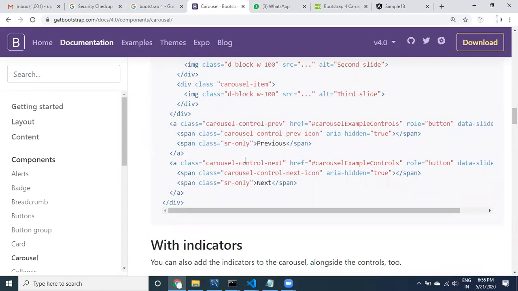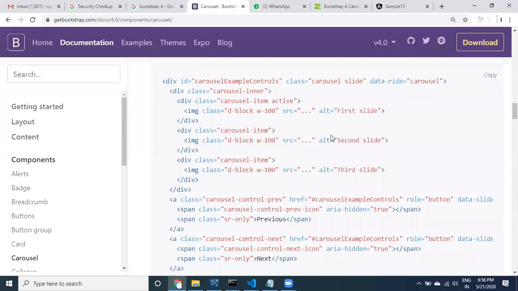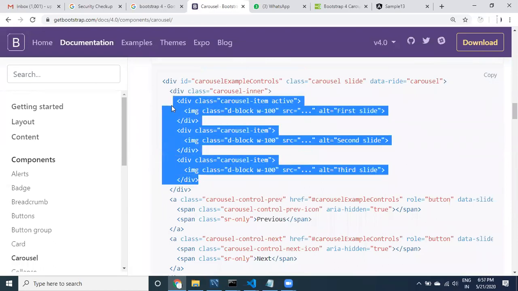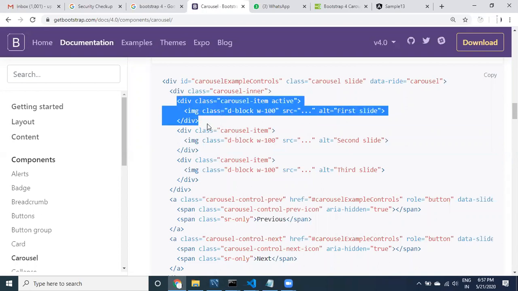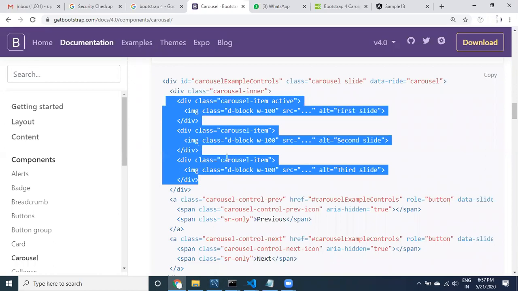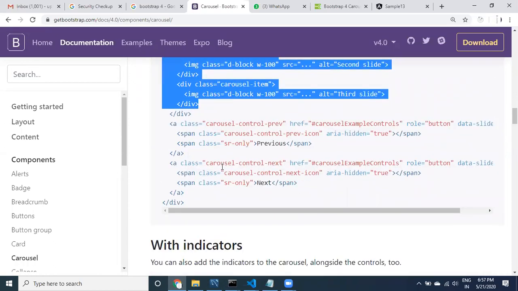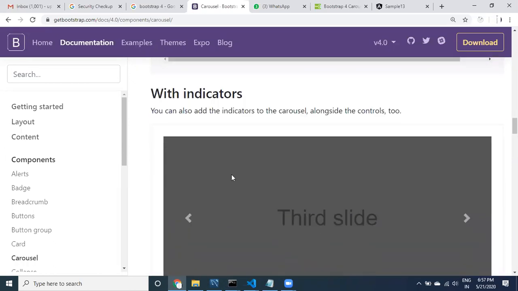Okay, so this is previous and next, and this is slide 1, slide 2. You can provide it like this. If you have multiple divs or multiple images, you can take the source and provide it, and then use *ngFor, and you can provide multiple items, so that when you click on next, it goes to the next pages.